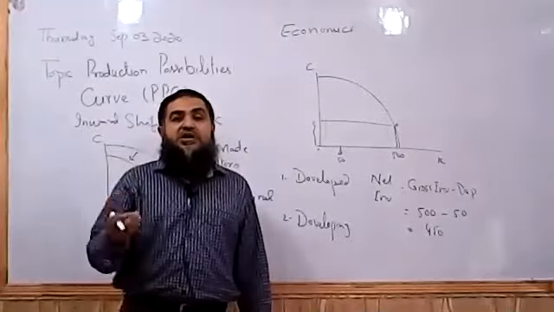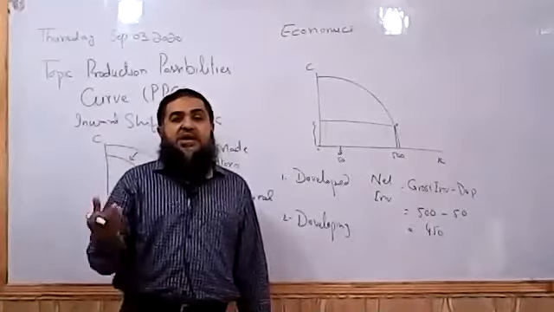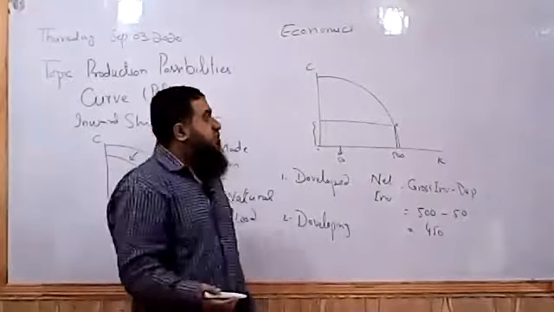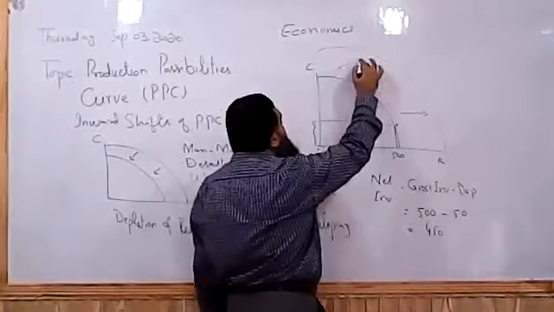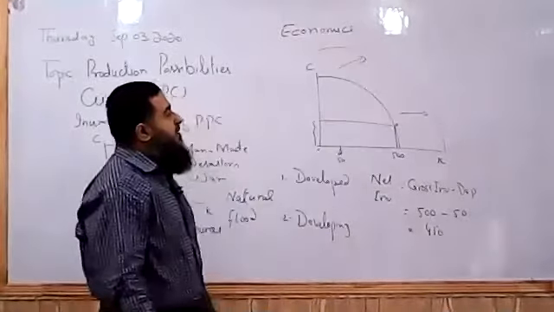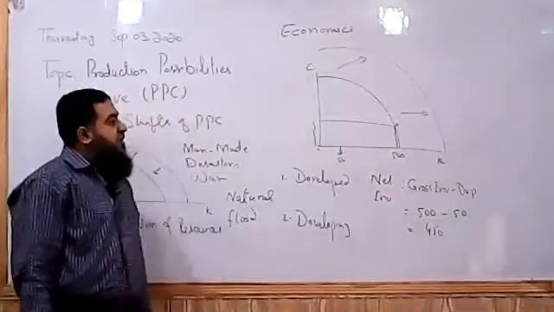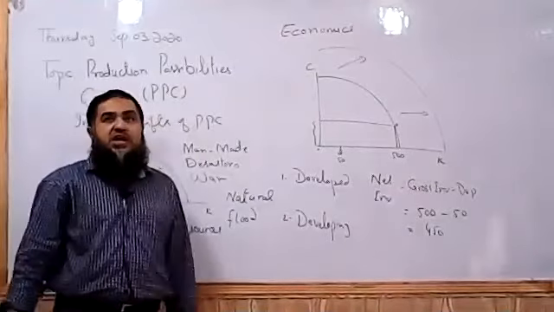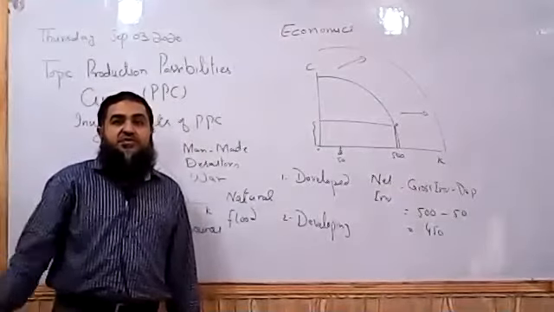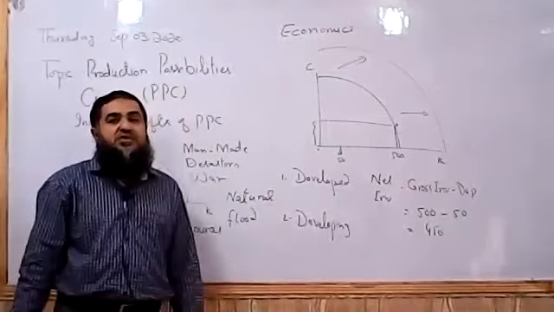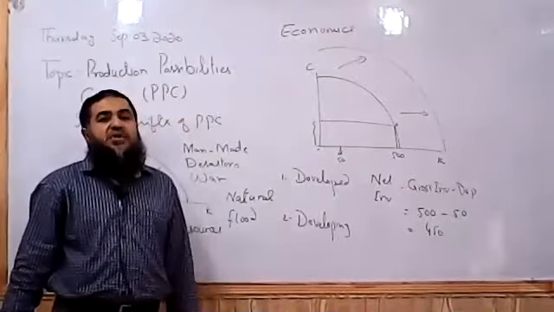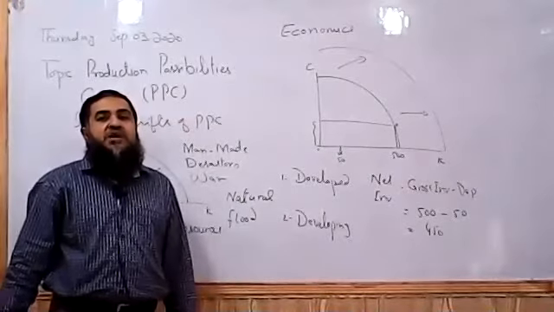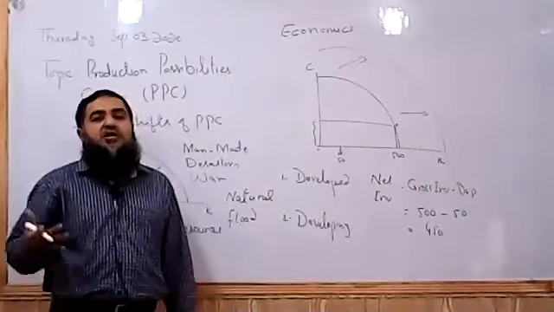So when a country is producing more capital items, more technological items, in future its PPC will be shifting outward. The developed countries we see around are focusing on man-made resources. They are producing more technological products, not focusing on producing consumer goods. Rather, they import the consumer items from the developing countries, but they try to produce more capital goods.